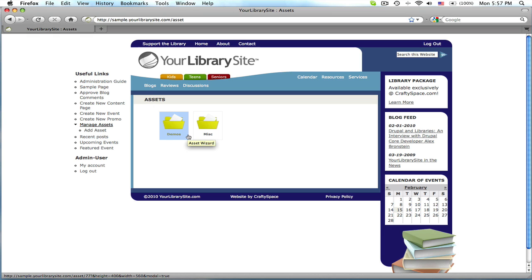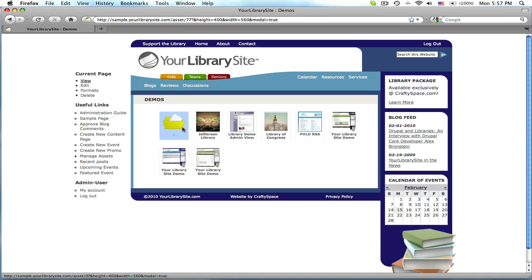It's important that you manage your folders, your images, and keep them in folders. You never want to have more than about 20 images on any one level. For example, in the demos folder, if I ended up having more than 20 or so images here, I would want to start to make a subfolder. And the reason for that is because if you have more than about 20 folders or images on a level, it really slows down the asset wizard, makes it cumbersome, difficult to work with. So this is for your own ease of